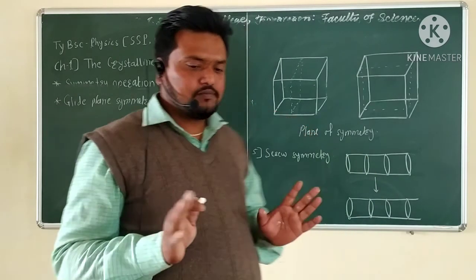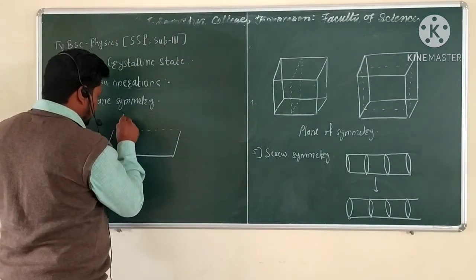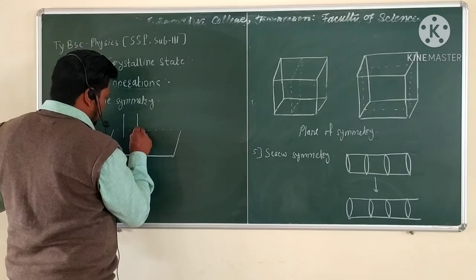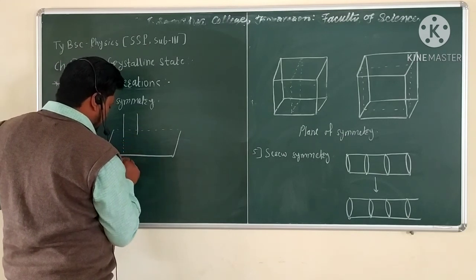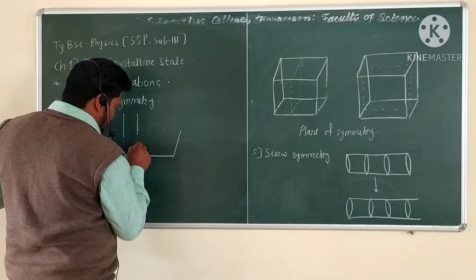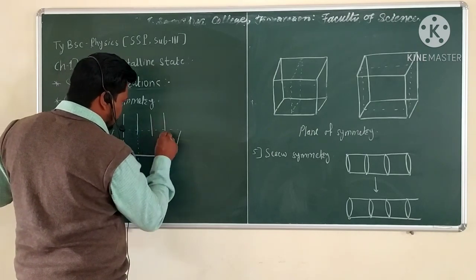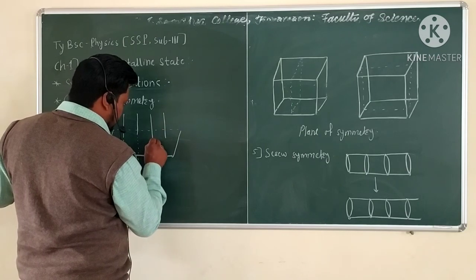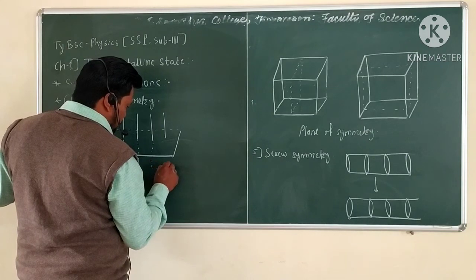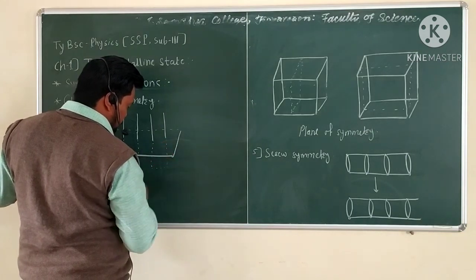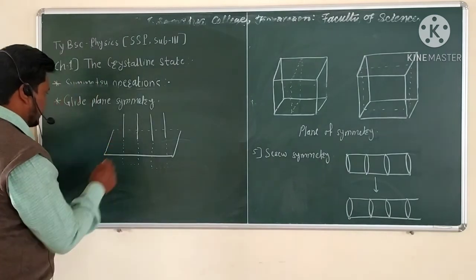For example, take this lattice point to this one, so that parallel to this mirror plane, the translational symmetry of the mirror line is observed here. So the glide plane surface which is obtained is here, and that's why we say that this is